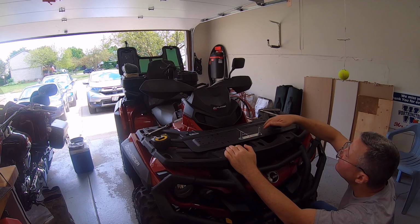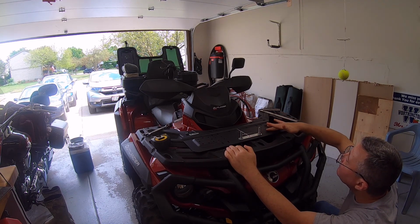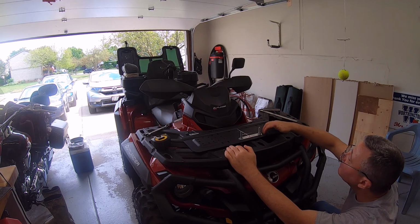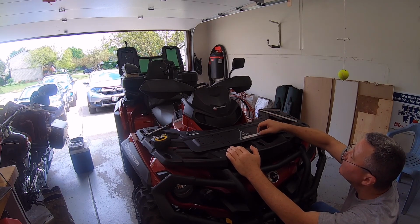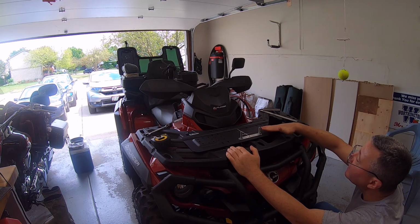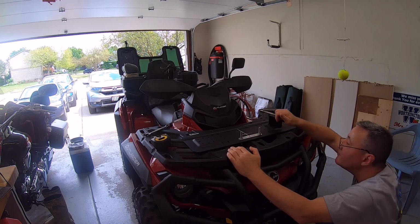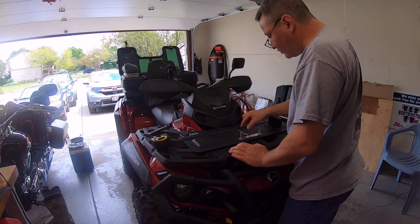I'm not sure if there's enough gap between the mounting plate here and this nut, but we'll see. If it rubs on the nut, we'll come up with a solution. Maybe I can put little rubber bumpers on here to bring the fuel pack up so it doesn't rub on the nut. So we have that. I want to do one more mount,